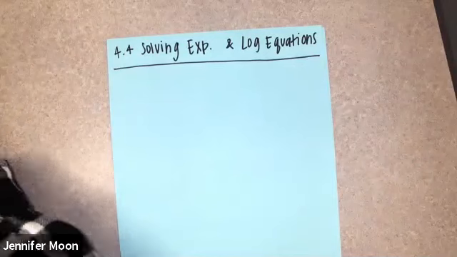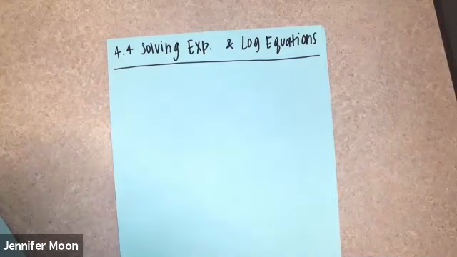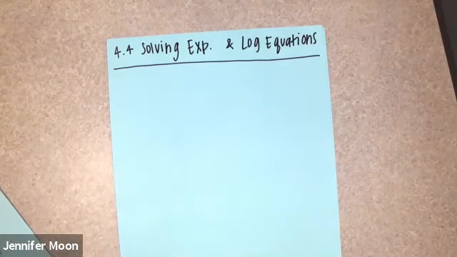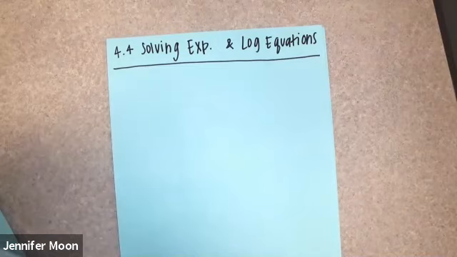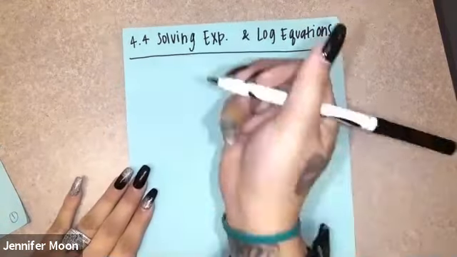Okay, so technically I have two different methods here that I'm going to show you. The first method is going to be we make the bases on both sides of the equal sign equal to each other. And then when you do that, in a way you can kind of cancel them and you just have the exponents equal to each other. I think it's the easier way, but if you can't use that way, then what we're going to do is take the log of both sides. So method one